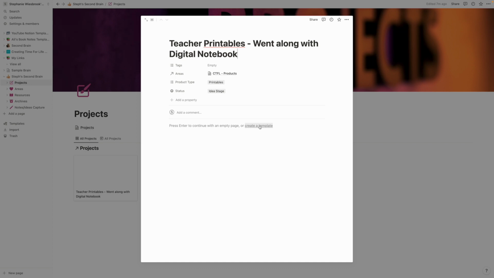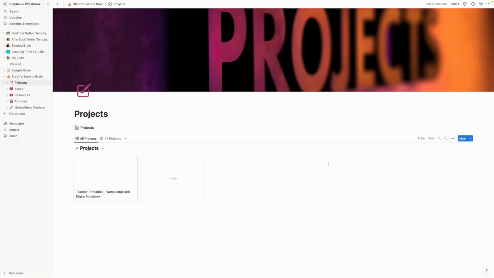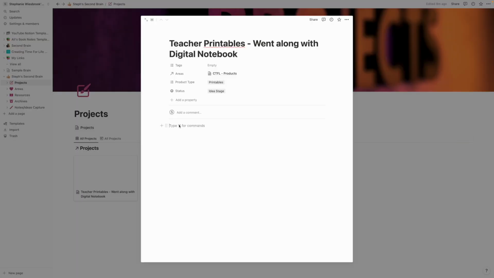Like, this was my idea. I haven't written anything in there. I would actually be interested to see if I did have something written in there. So if I put in, let's say I put something in here,